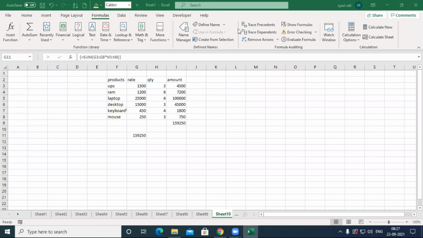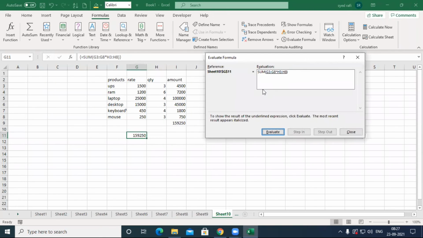By clicking here, it will be displayed automatically. The values will be displayed automatically.